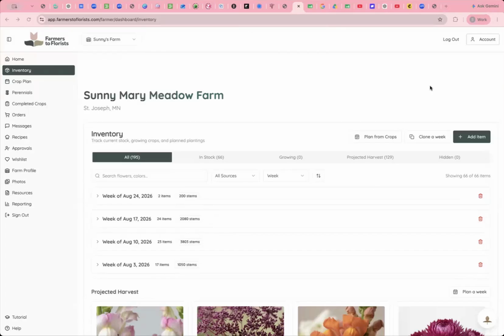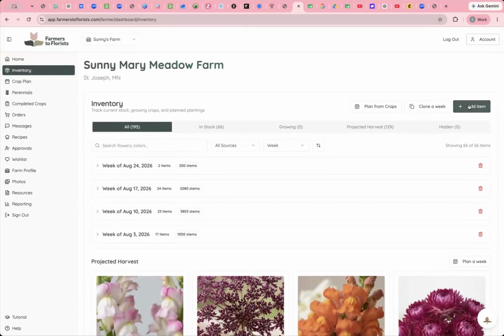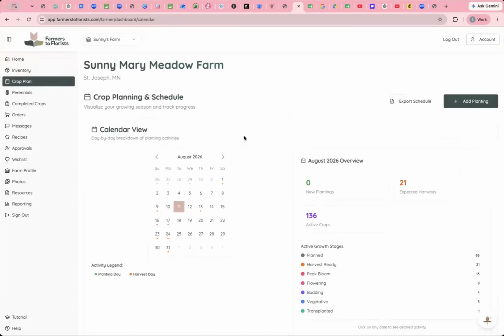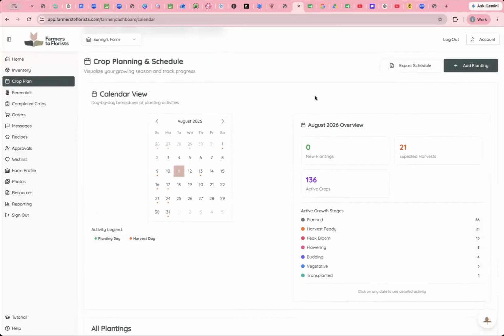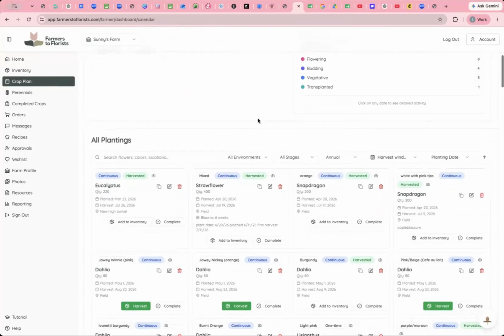In today's video, I'm going to show you how to add flowers to your inventory from harvest. Now, reminder, you can manually add something or you can plan it based on the week of your harvest projections. Otherwise, you can go into your crop plan, and if there's something that's overdue to be harvested, it'll show up